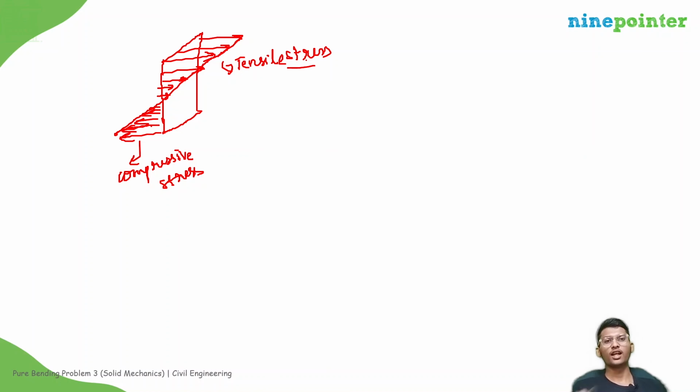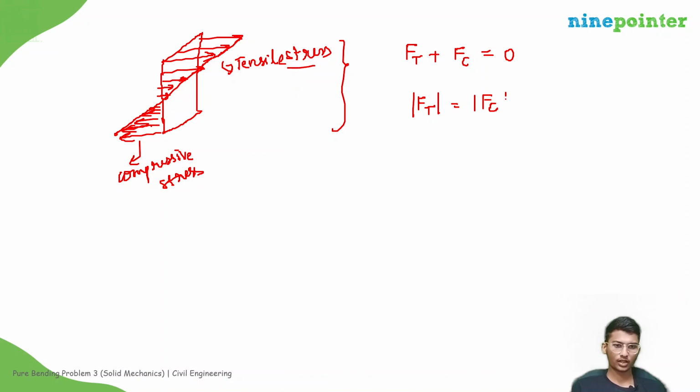But in this cross section, the net internal normal force should be zero because we are not applying any axial forces. So the net force applied by tension plus the net force applied by compressive stress should be equal to zero. So in magnitude, the net force applied by tensile stress should be equal to the net force applied by compressive stress. This is an important point because in some questions they can ask